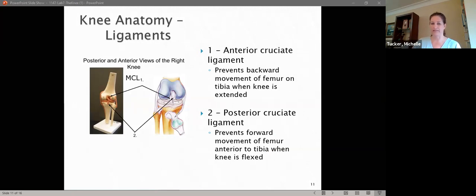If you see them from the anterior side, which you know this is anterior because you can see the patella. If it's a view where you see the patella, it's looking at the knee straight on. And so this is the ACL, and it anchors from this point here,